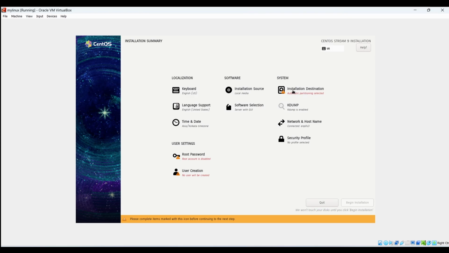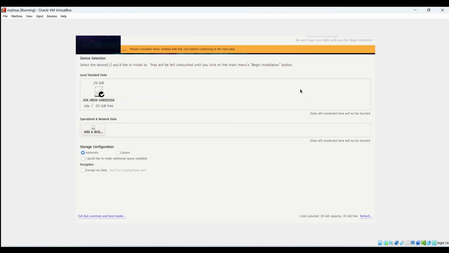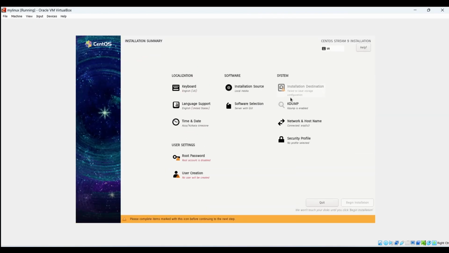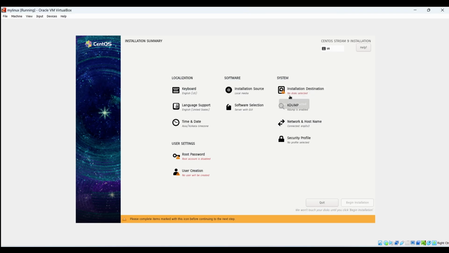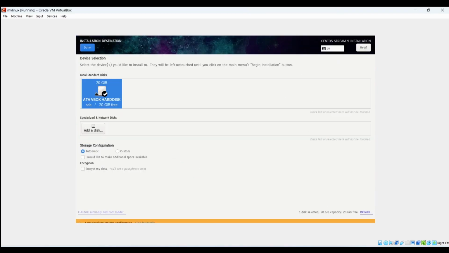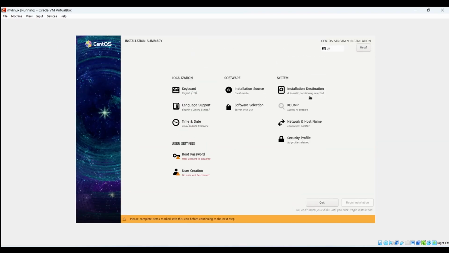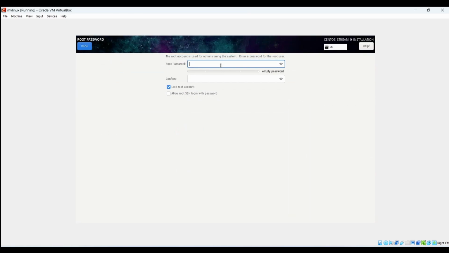Now we will be selecting our installation destination. This is the virtual hard disk which we have created earlier. Let us select. Yeah, now it's done. To create a root password,